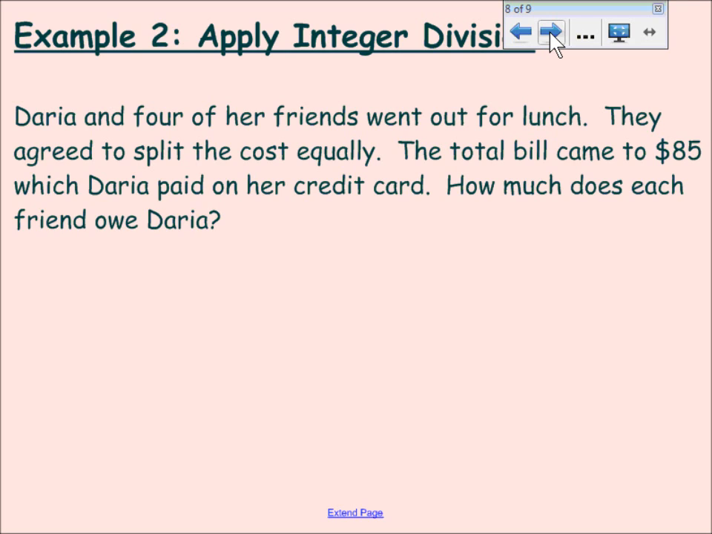Daria and 4 of her friends went out for lunch. They agreed to split the costs equally. The total bill came to $85, which Daria paid on her credit card. How much does each friend owe Daria? So $85 divided by 4 equals